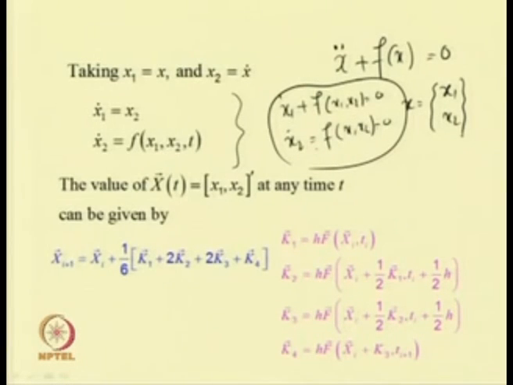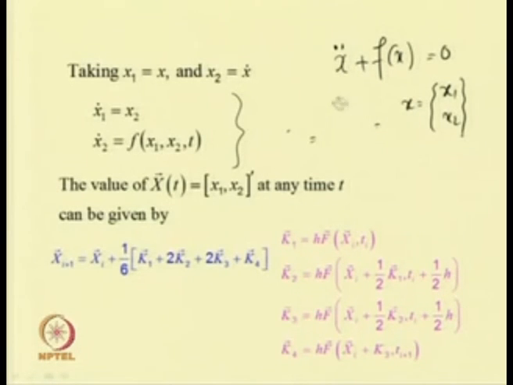So, in these equations, now our objective is to find the solution. To find that, first we have to write this equation using a set of first order equations. To write the set of first order equations, first we can assume x 1 dot equal to x 2, then x 2 dot, which is equal to x double dot, we can write equal to